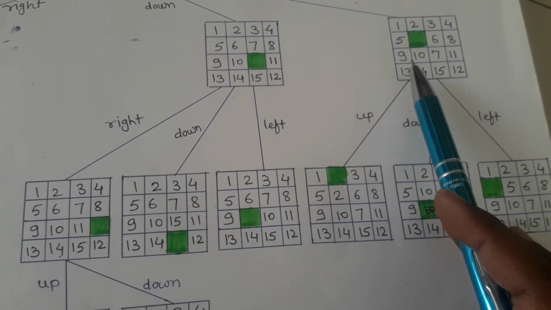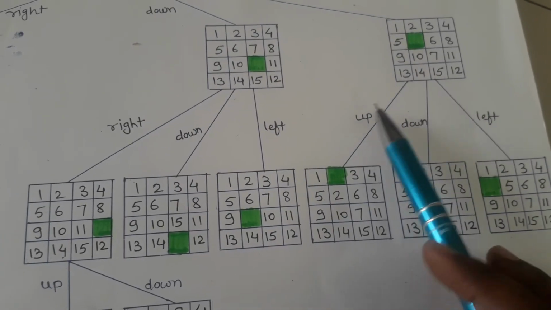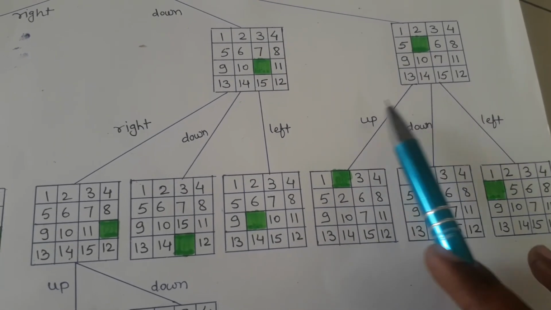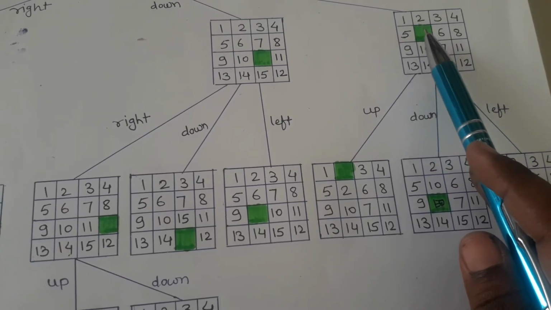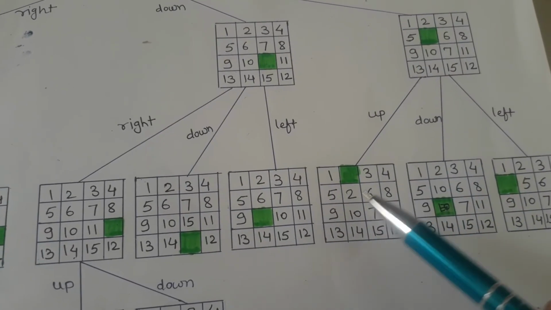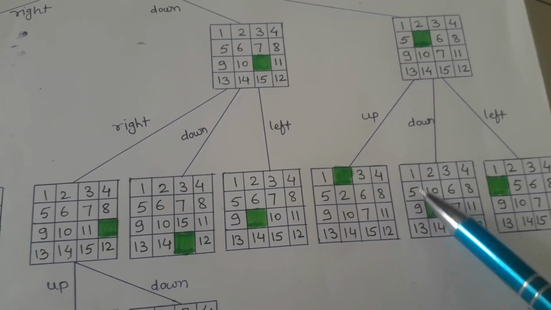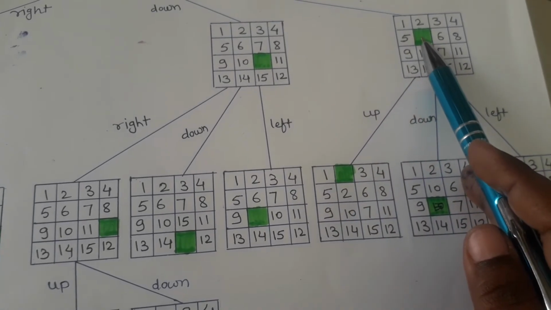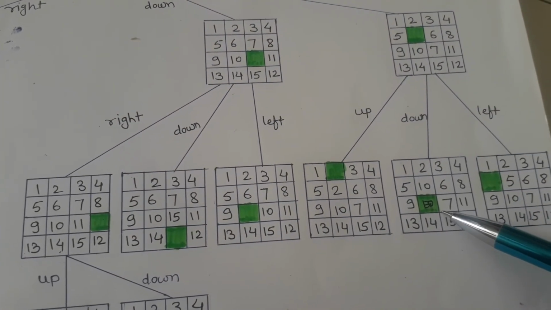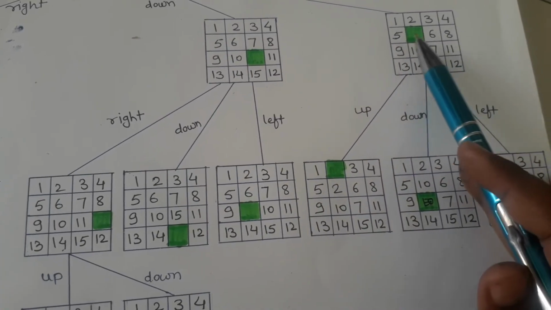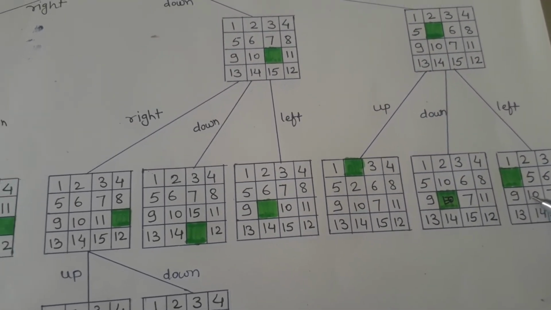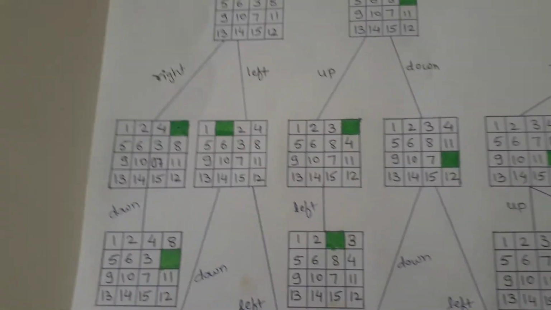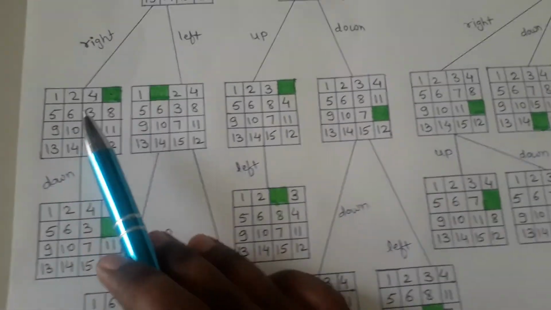After that, from this state there are only 3 feasible moves. So here the upward tile, that is 2, is moved to the empty slot, so we will get this state. Here this 10 moves to this empty slot, then we will get this state. And here this 5 moves to this empty slot, then we will get this state. Now in this way we can move again.